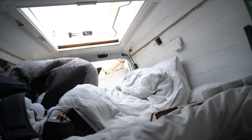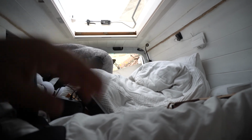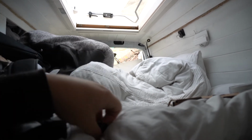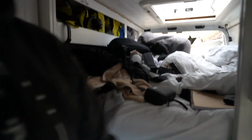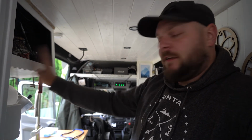And then there's a massive skylight. At the minute, all the stuff from other places is stored up here while I figure everything out. But there's a massive skylight up there, and it gives me a great view out through the roof, straight above the bed, and it sort of opens up that space as well. So, looking the other way down the van, just here, above the kitchen